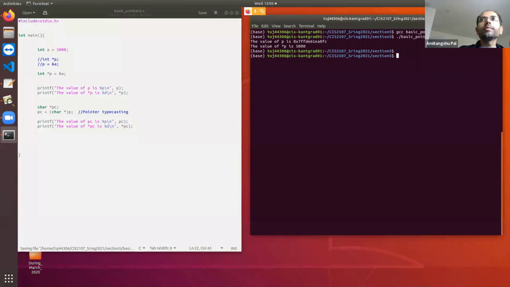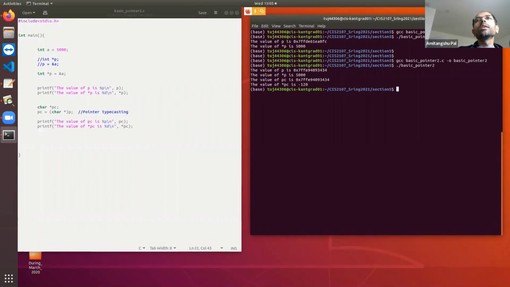Okay, let's see. So here you can see that pc and p, the starting address is exactly identical. But asterisk pc is giving a different value as compared to 5000. All right. So at this point this value doesn't make any sense.